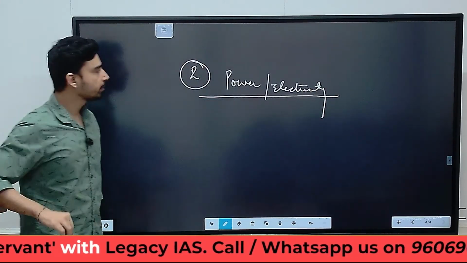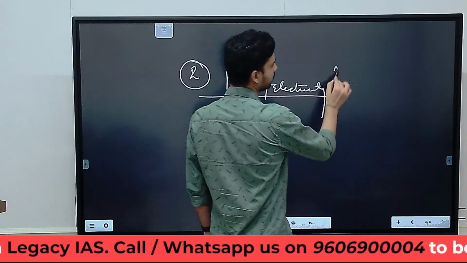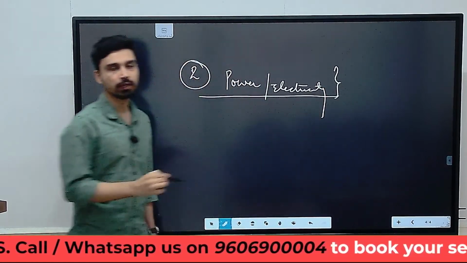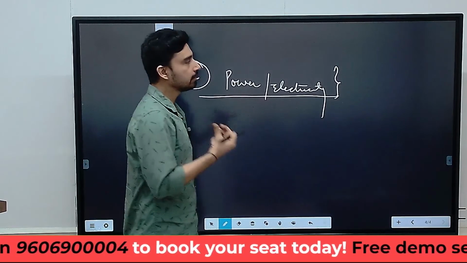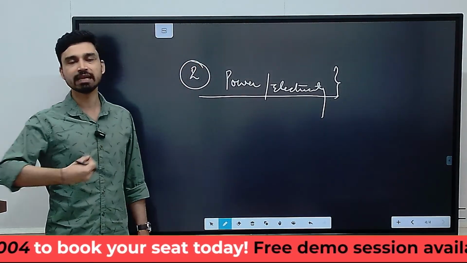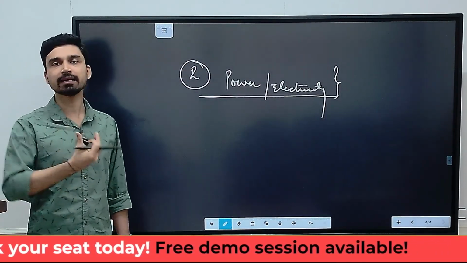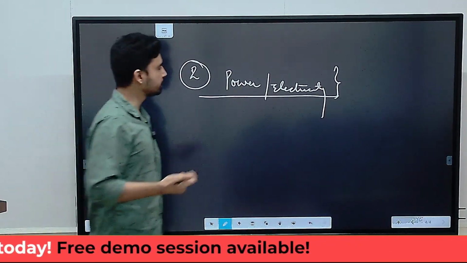Power or electricity, because we know that any industries cannot run without power, and thus availability of power plays a very important role, and mainly the cheaper source of power, if it is available in certain areas, it actually acts as a magnet and attracts a lot of industries. For example, we